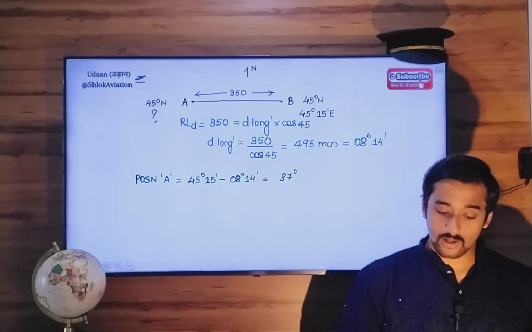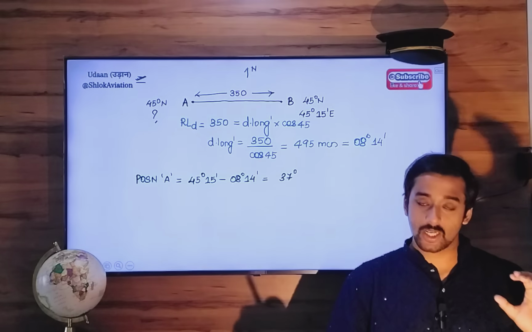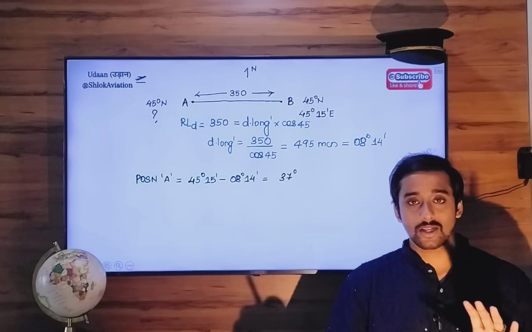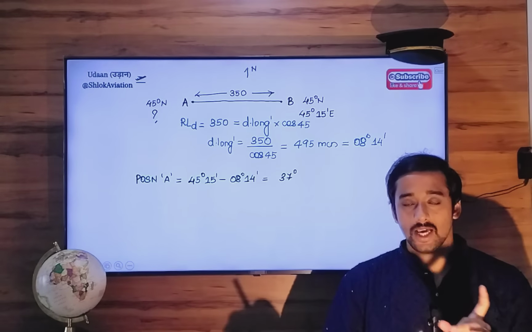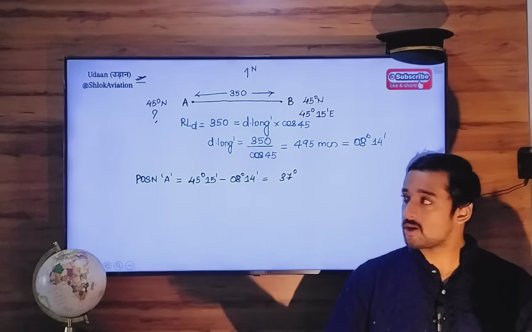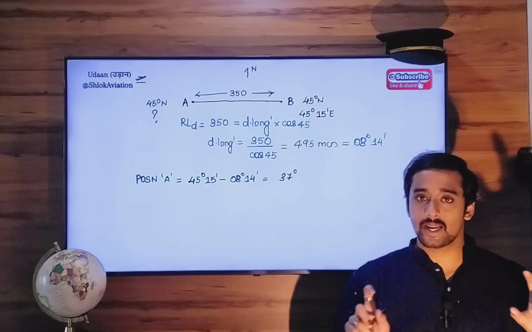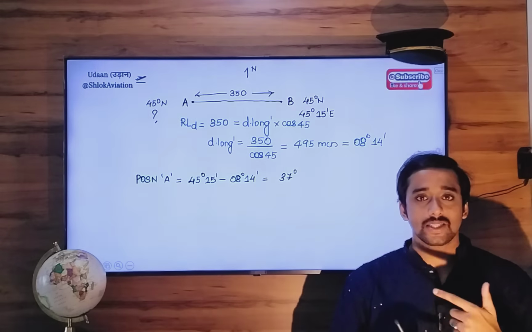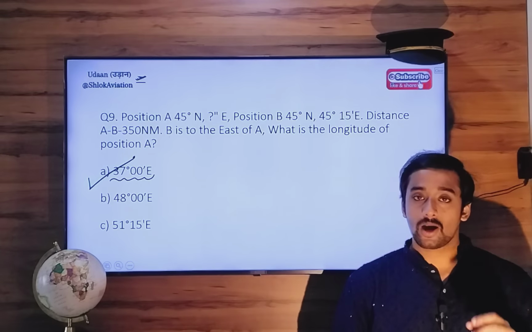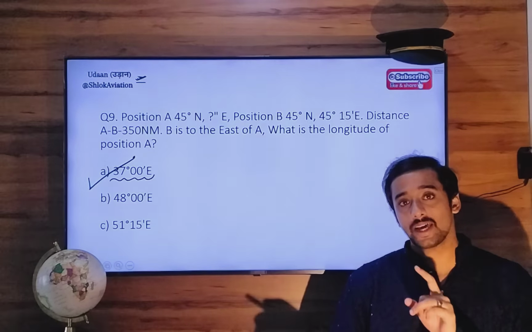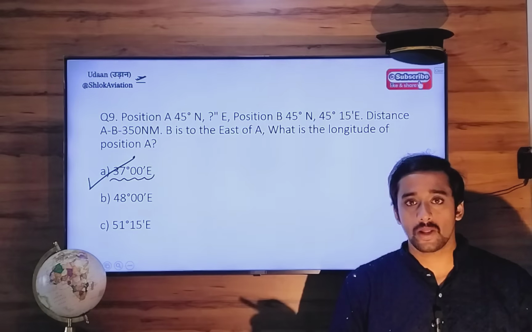By looking at the question and its options, you can make a very good educated guess, eliminate unnecessary irrelevant options, and save your time. So instead of solving the whole sum in your exam, you can just look at the options, draw this diagram, get a rough idea, and then estimate the answer. Look at whether the answer that you have in your mind is there in any one of the options given to you. Then that is the most probable answer.